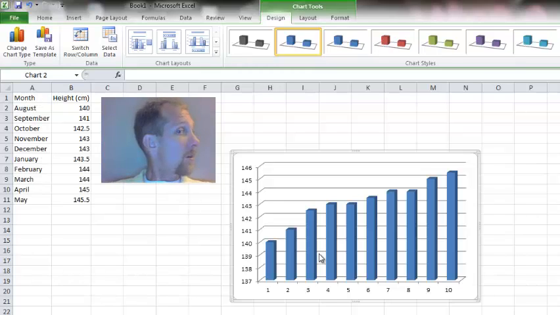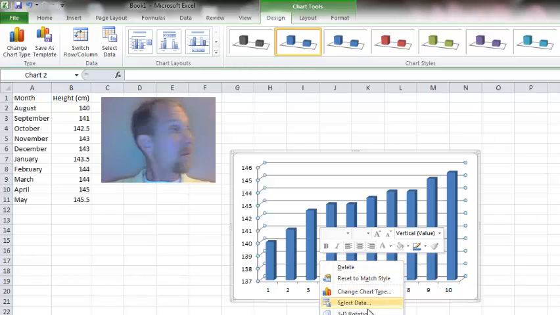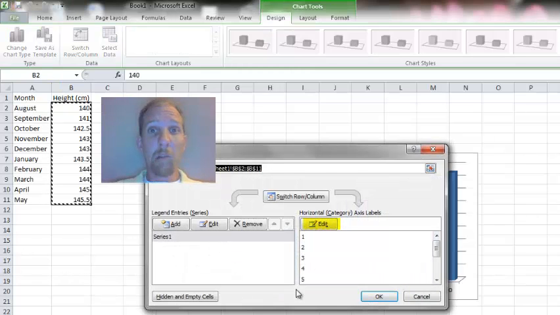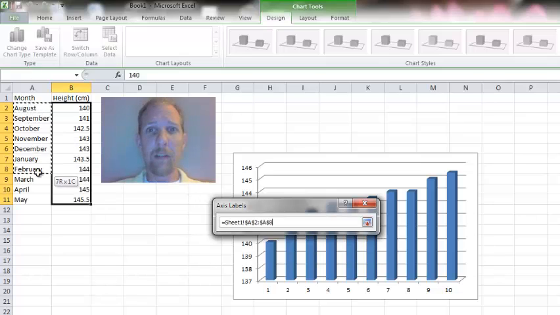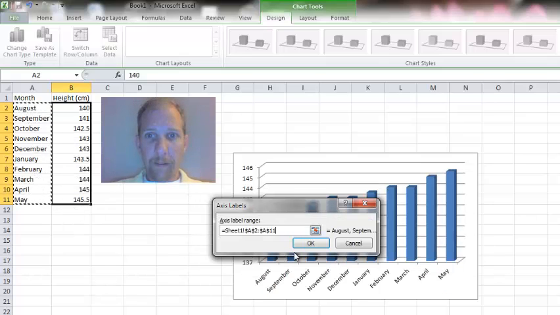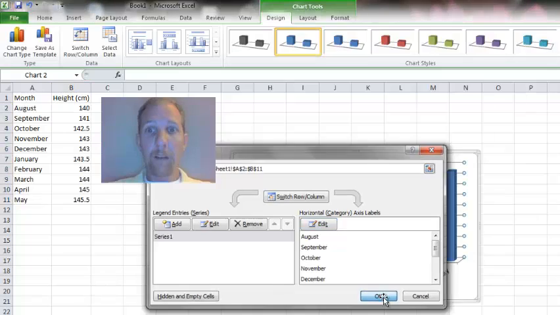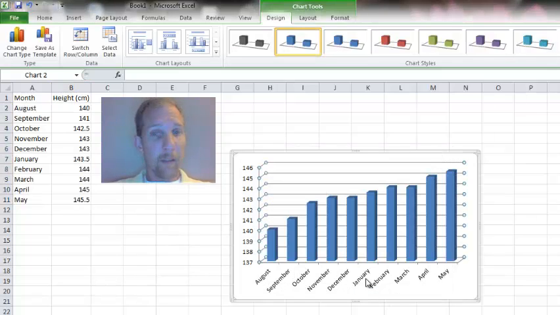To do that, I'm going to right click anywhere on the graph, select data, and edit the horizontal axis labels. I then highlight the 10 months, hit OK, hit OK, and now you see all 10 months are displayed